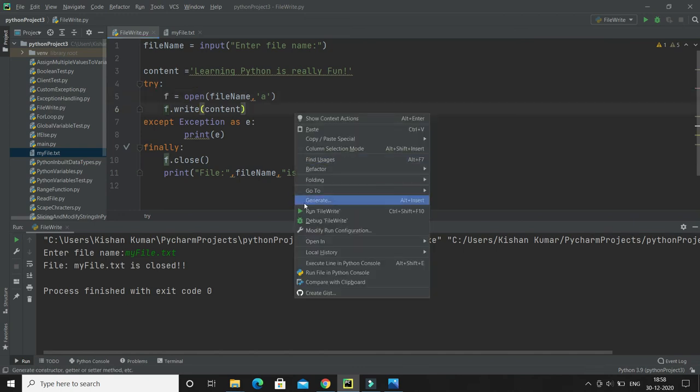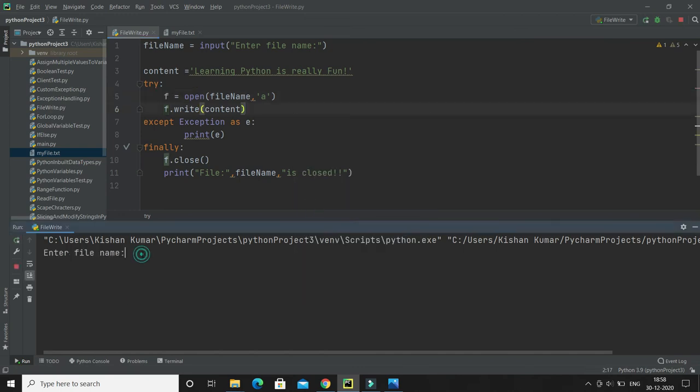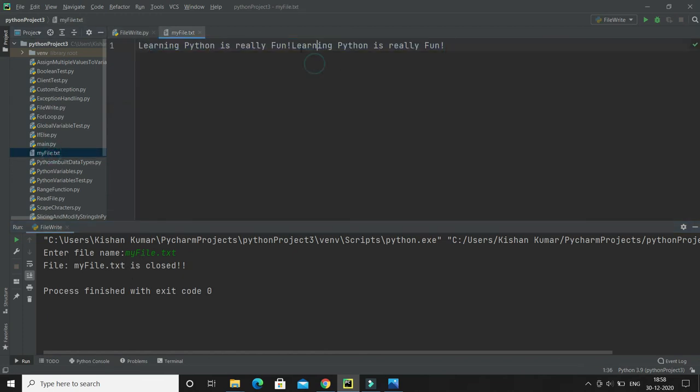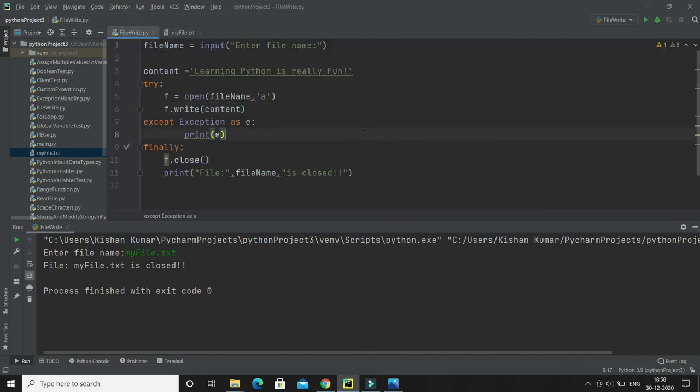If I run this program again, and pass the same file name, my file.txt, then if I go to this file, here you can see the content has been written at the end of the file. So that's how you can create and write some content in a file, or if you want to append some content to an existing file, you can do that as well.